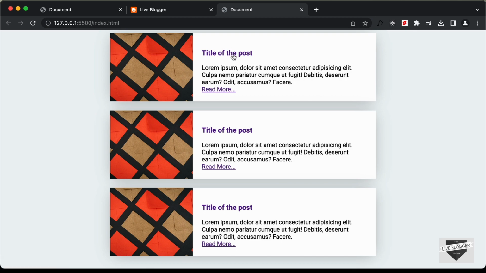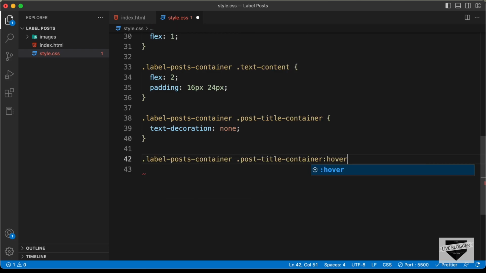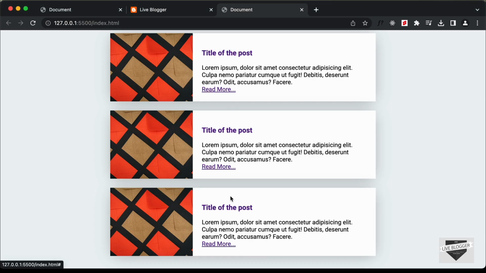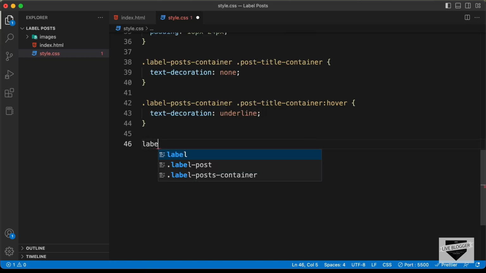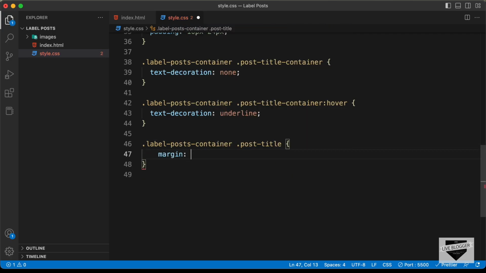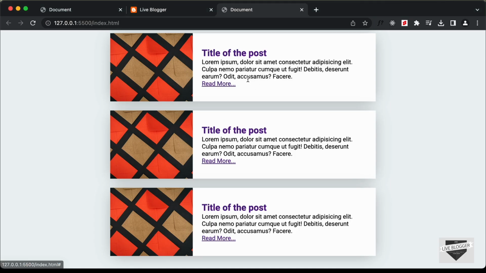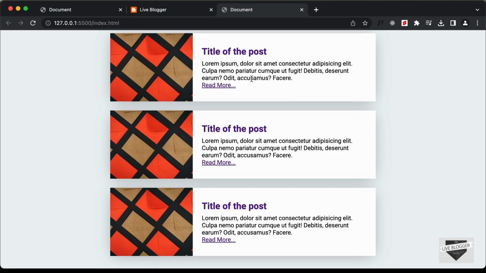And when we hover over this heading, we need to have the underline. So let's type label post container, post title container, hover, and let's type text decoration, underline. And now when we hover over this, we can see that we have this underline. Right now let's add some styles to the heading inside the anchor tag. So for the heading, we have this H3 with the class of post title. So let's type label post container, post title, and here the first thing we will do is we'll set the margin to 0, and let's set the font size to 24 pixels, and let's add some margin to the bottom. So let's type margin bottom, and I'll just set it to 8 pixels,